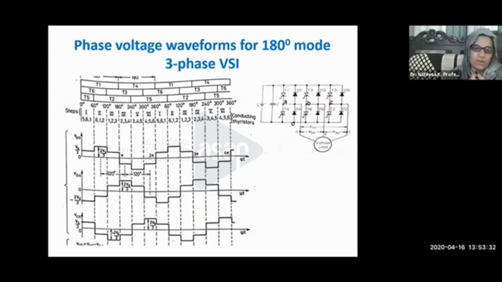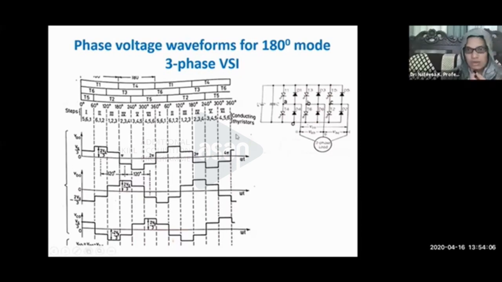Okay, now we can see how the voltage waveforms are appearing. These voltage waveforms are phase voltages. We will see first how the phase voltage waveforms appear. In here, as I said earlier, it has 3 limbs, A, B, C. So I am taking the voltage VAO, where the reference is taken as this negative part, this lower part. So we will see VAO.